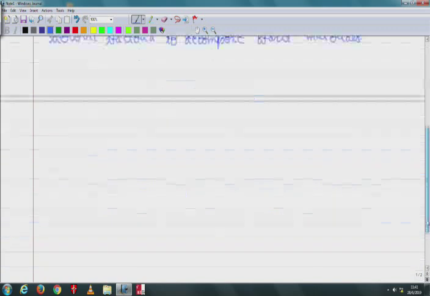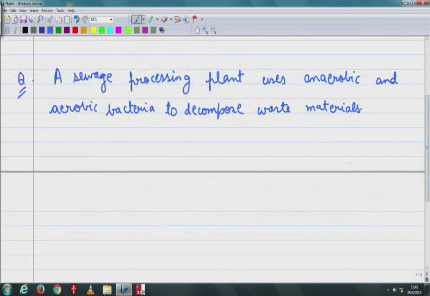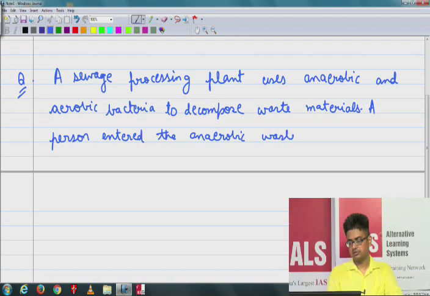Now my question to you is, the question starts now. A person entered the anaerobic waste chamber and became unconscious. The possible reason for this is